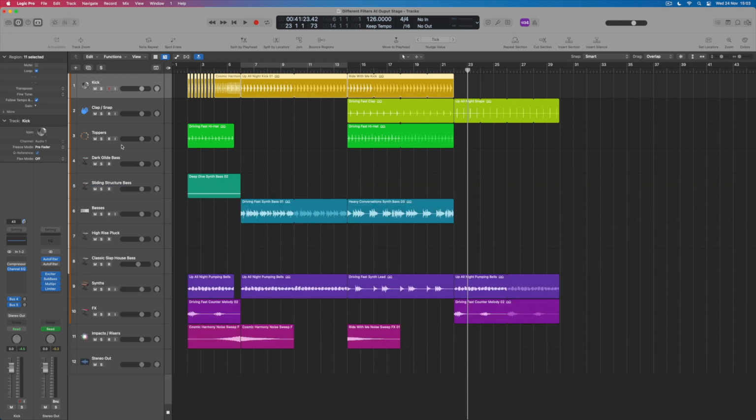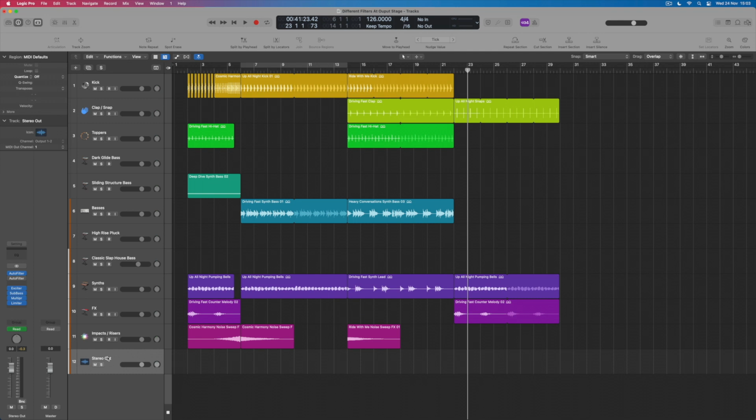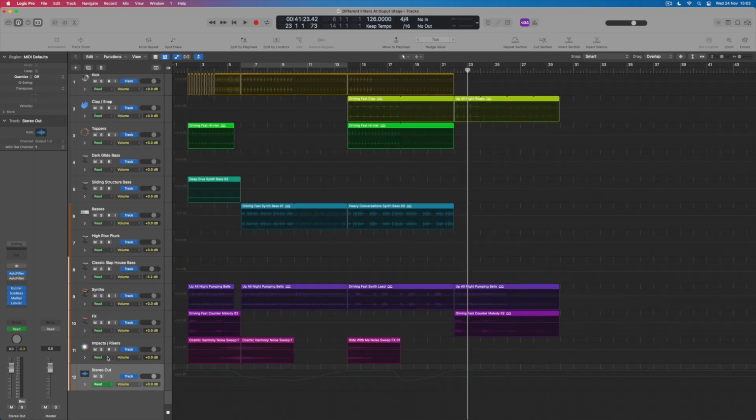What we're going to discover is that Logic has created a track for the stereo output. In order that I can edit this automation and have access to it to see what I've done, I need to have a track created for me, and Logic's done that the moment I selected to draw automation for the output track. So if I press A to open up the automation, I'm going to see in the background